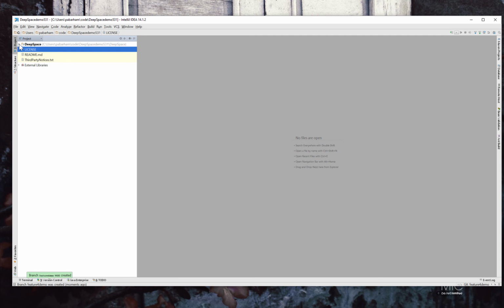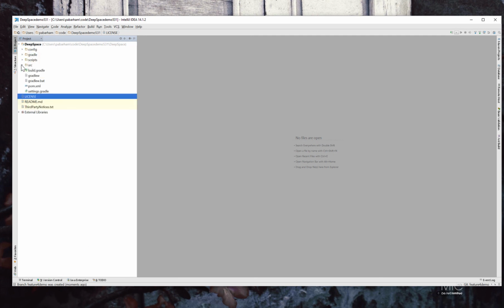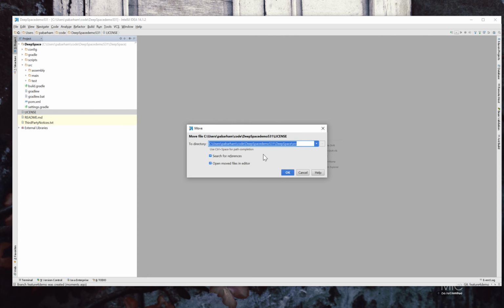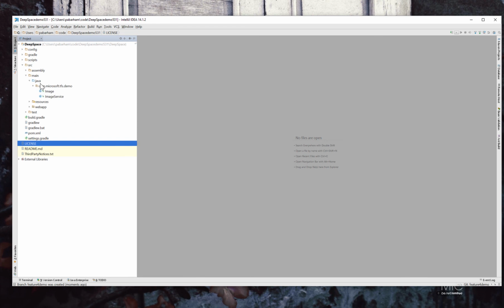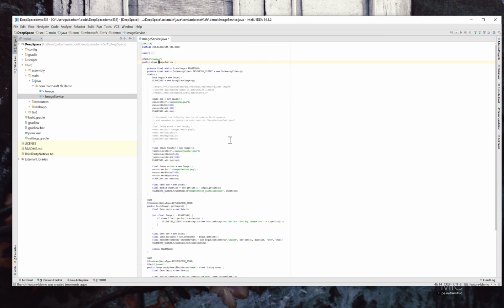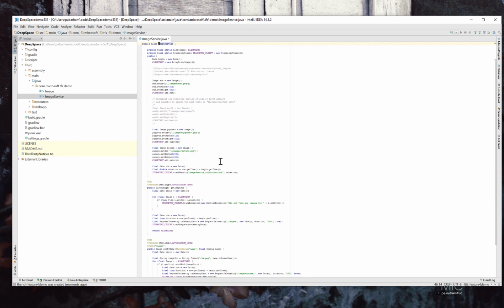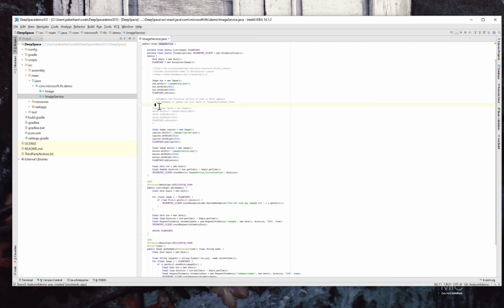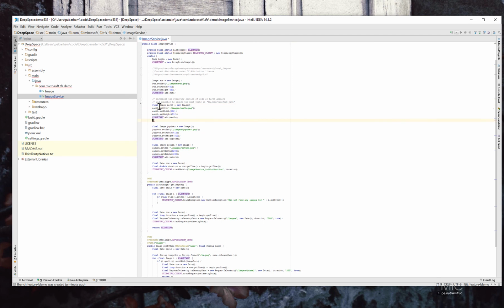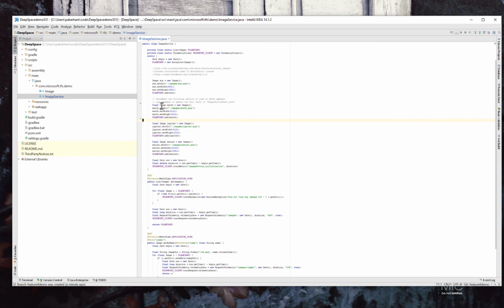Now I can safely go in and find the code. It was under source, main, Java image services where I wanted to do it. So I'll double click there, open this file. To add here, I need to come down and find this code here for Earth. If I uncomment out some of this code, okay, that should do everything I need to do to add Earth